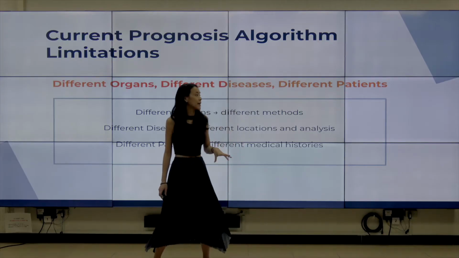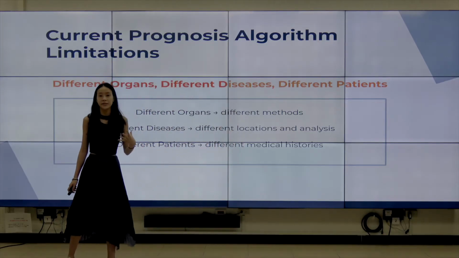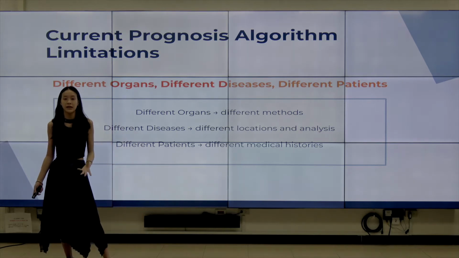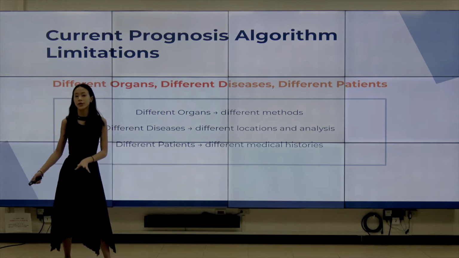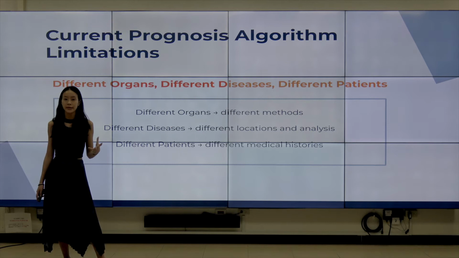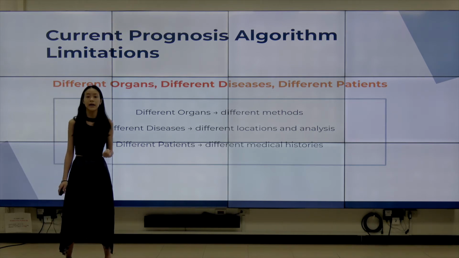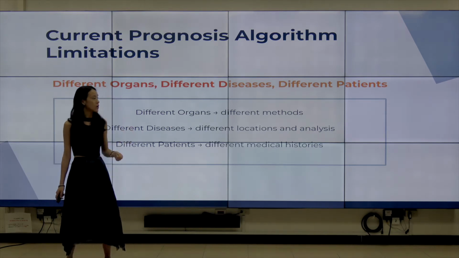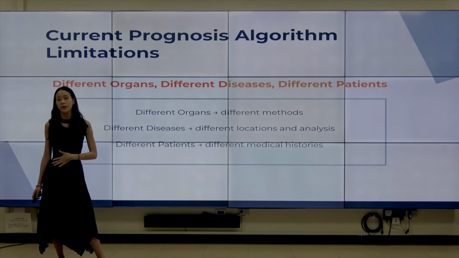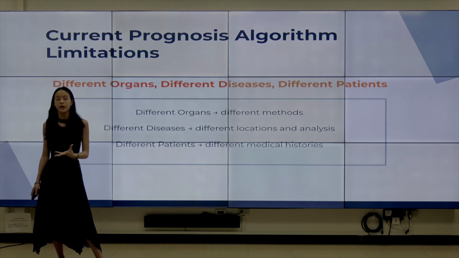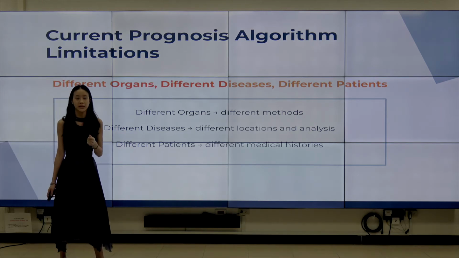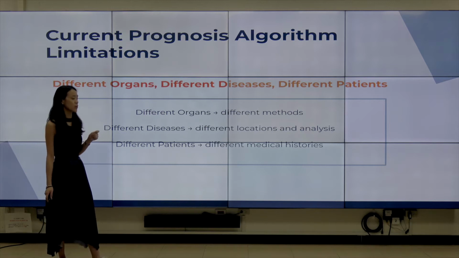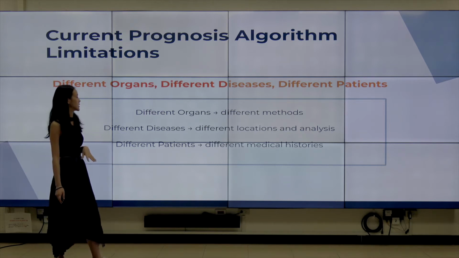So for example, for different organs, there's going to be different methods of analyzing how their future is going to be. For example, for brains, it may be within the next 6 months or the next few weeks that their life expectancy would potentially end. Or for example, for stomach or lung cancer, it's going to be different from, for example, breast cancer. So different organs would have different methods for a prognosis.